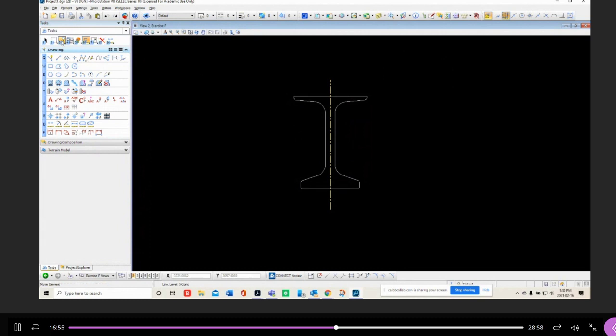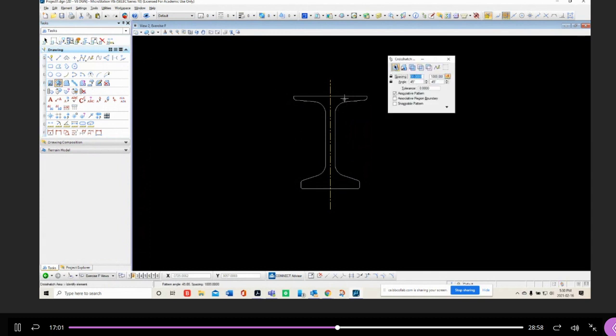Okay. So if I'm going to hatch it, I select my, it's not allowing me still for some reason. I don't know. Okay. You can either flood, and it will automatically do the cross hatching. So it floods that area. But because there's that line in the middle, it didn't do the whole thing. So if I was to delete this line